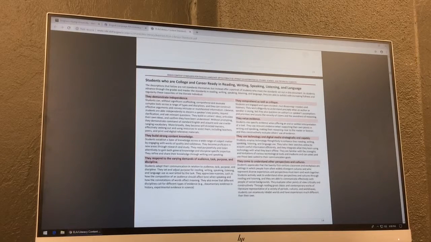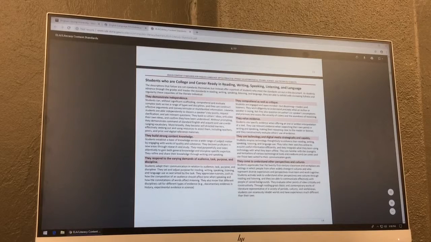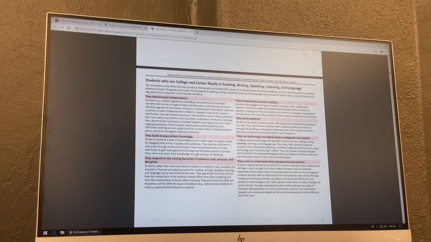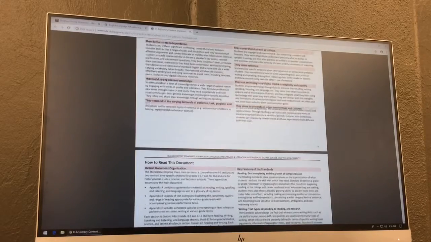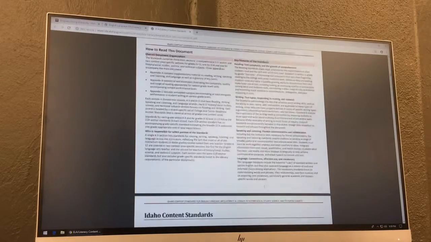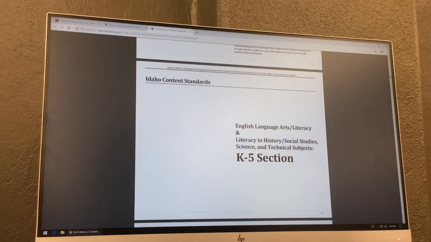They come to understand other perspectives and cultures. That's definitely important for being college and career ready, because it is a world of many cultures, and it's important for students to understand and respect other people and other cultures. Moving on. So these are standards for